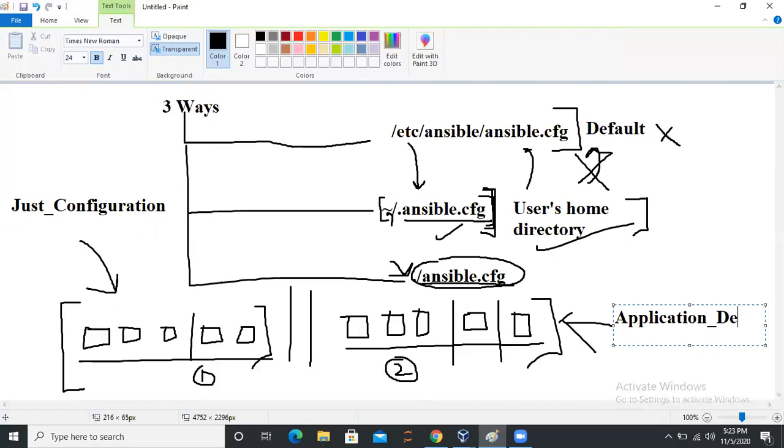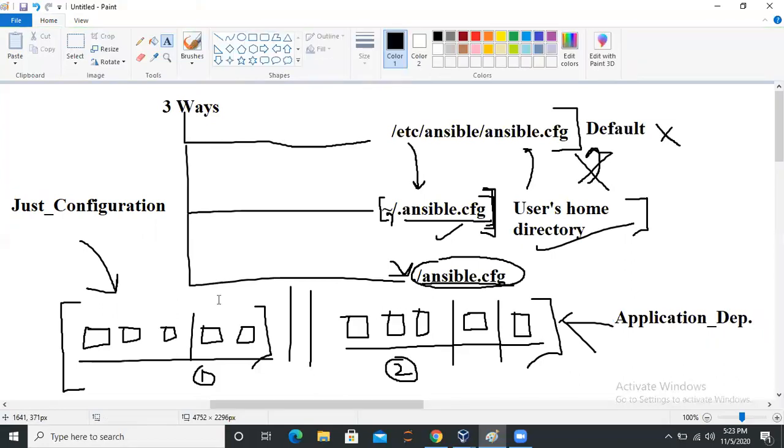So both the configurations required by these particular use cases are different. Obviously, you can make your own custom configuration file for this particular directory and this particular use case, and a custom configuration file for this particular use case. So this is the more efficient way.